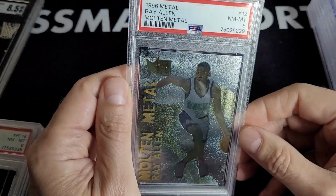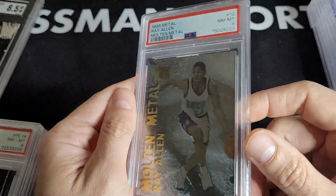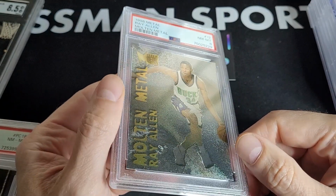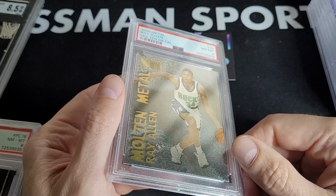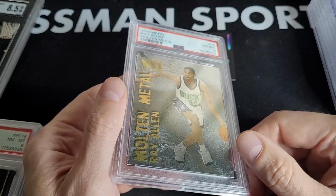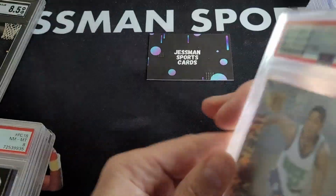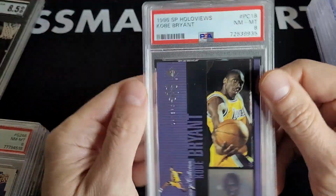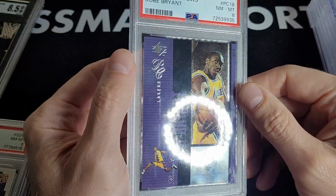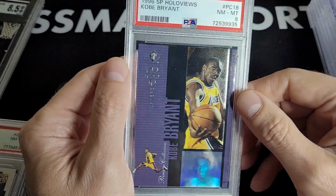Ray Allen, molten metal. I've just gotten a lot more picky with the Ray Allen rookies that I buy. I still buy them, but it's got to be its rarest stuff. And it seems like it sells. Kobe rookie. I didn't have this. So